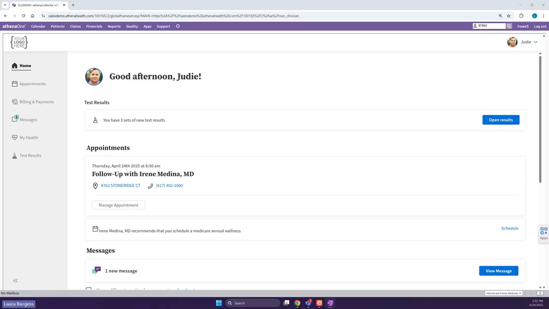All right. So we're going to take a quick look at the patient portal from the patient's point of view. The patient portal is a high quality patient experience tool that allows health centers to retain and attract a diverse range of patients. On the patient portal, patients have the convenience and flexibility to view their test results, manage their upcoming appointments,